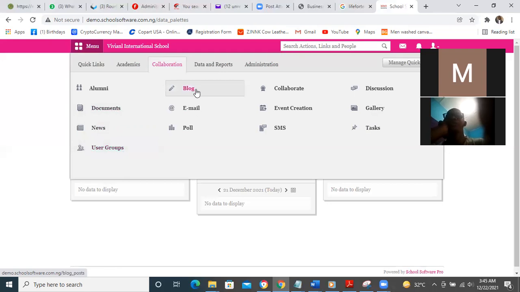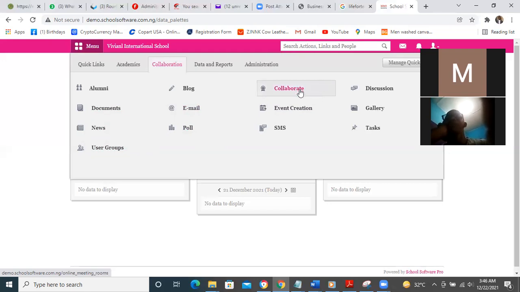The blog, you use it to manage writing in the school. The email, you use it to send bulk email to the users. You send bulk email to everybody. Equally, if you set up the email setting, when you are admitting a student, the system will automatically send a notification with login details to the person, based on the email address and how you set up the application. Poll, use it to manage elections in the school. Collaboration, something like